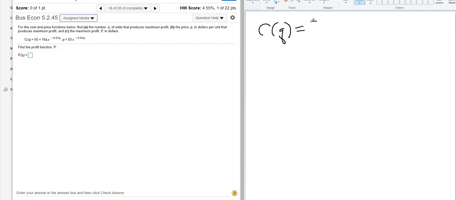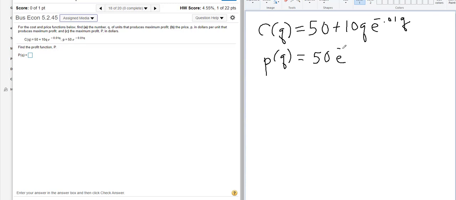is 50 plus 10Q e to the negative 0.01Q. They give us that the price, in terms of Q also, you don't have to write that, but that's what it means, is 50 e to the negative 0.01Q. So the first thing we have to do is remember that for profit, that's capital P,